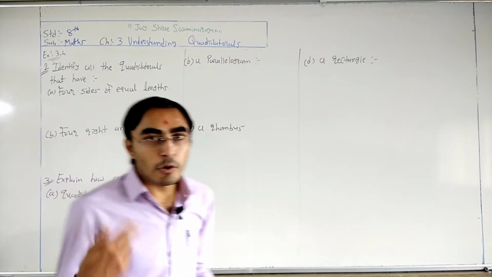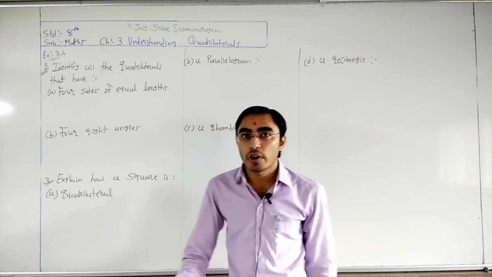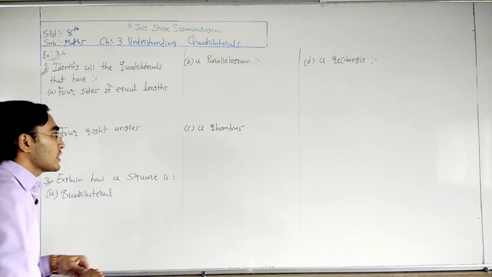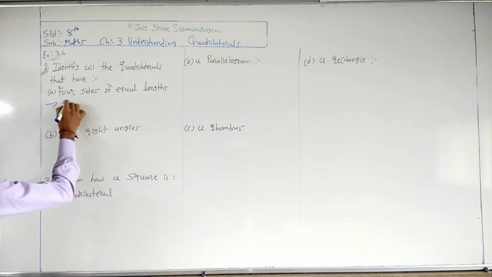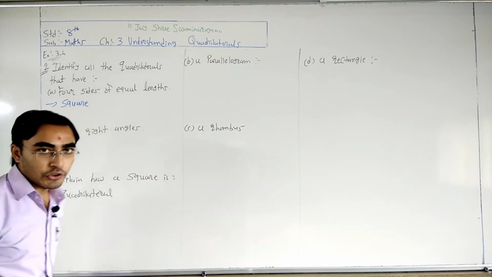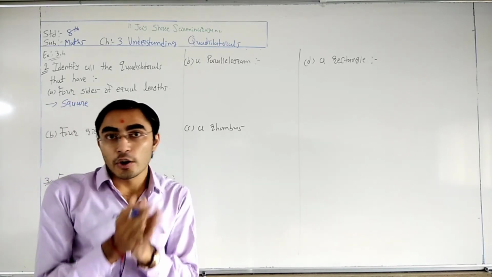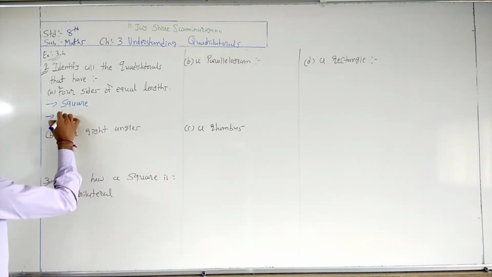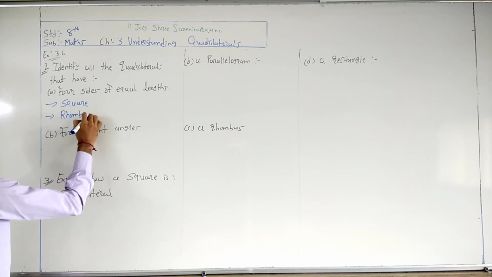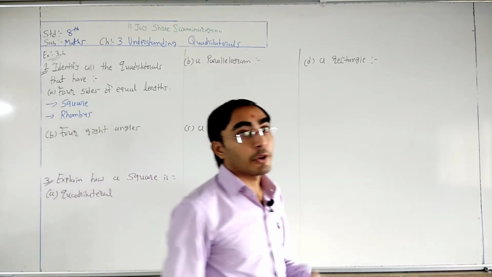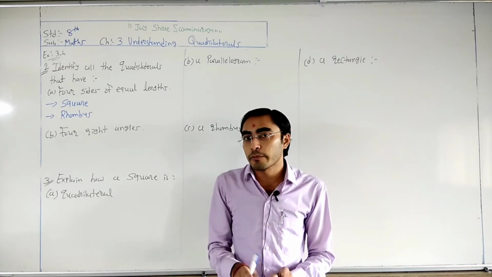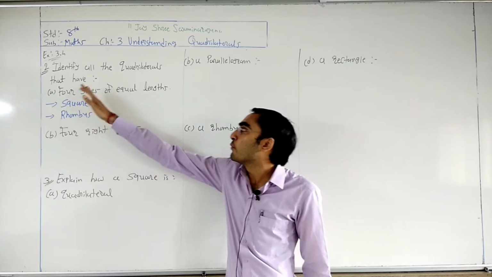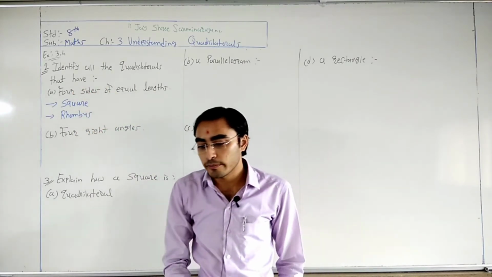Okay. So first of all think about all the quadrilaterals. Which type of quadrilateral has 4 sides of equal lengths? So our first answer is square, right? Because in a square all 4 sides are the same. Second, rhombus. Do not forget this quadrilateral, because in a rhombus even all four sides are the same. So here we have two answers: rhombus and square both have four sides of equal length.